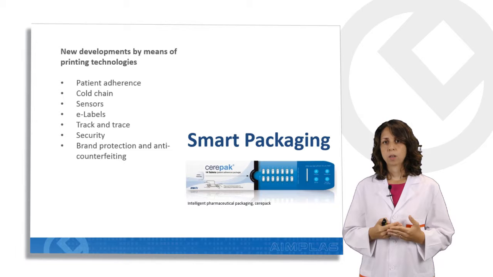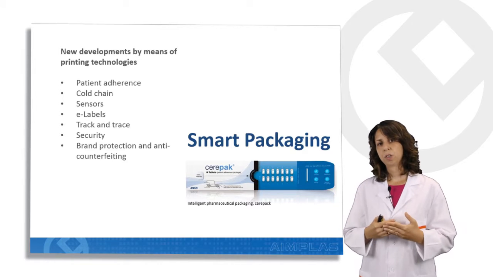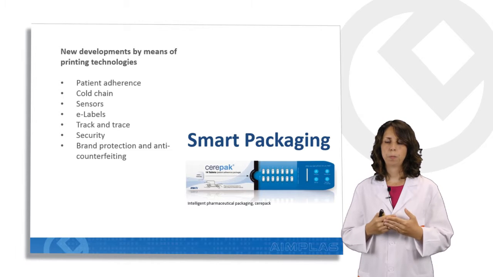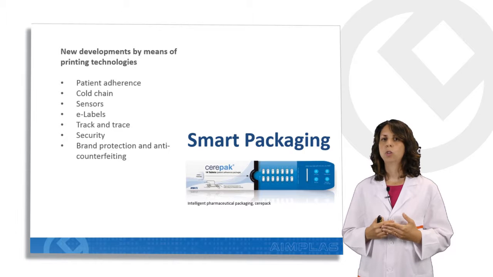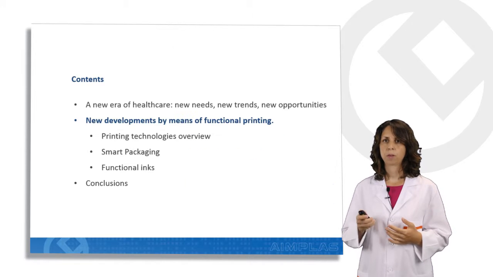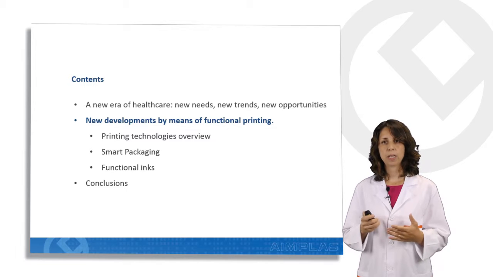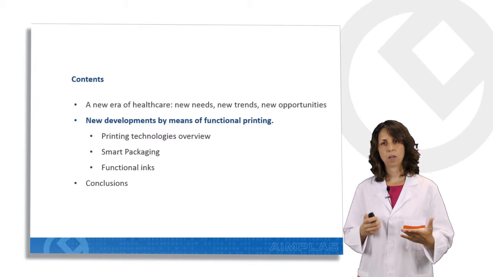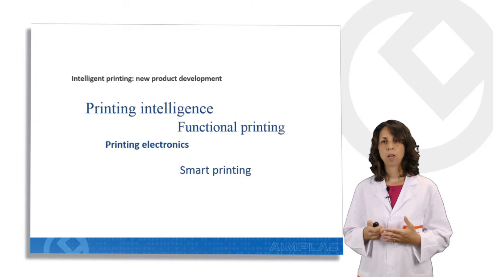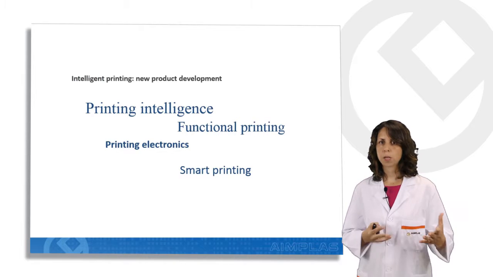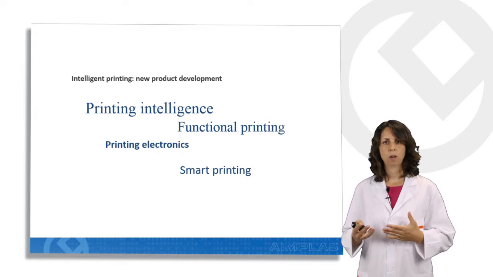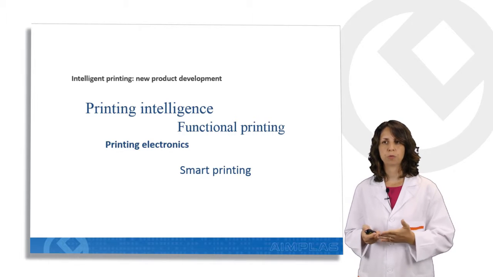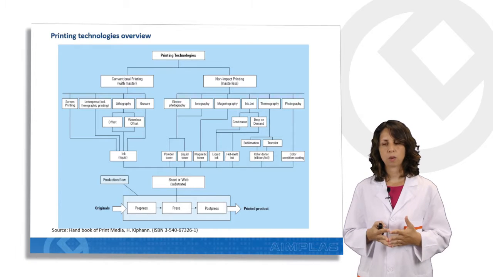The solutions could be to integrate new functionalities into the pharmaceutical packaging, to develop smart packaging for pharmaceutical applications to solve these main problems. For that, we will see new developments by means of functional printing that can solve these main problems. We can talk about different concepts, but really they are very close between them. For example, printing intelligence, functional printing, printed electronics, smart printing. The question is to use